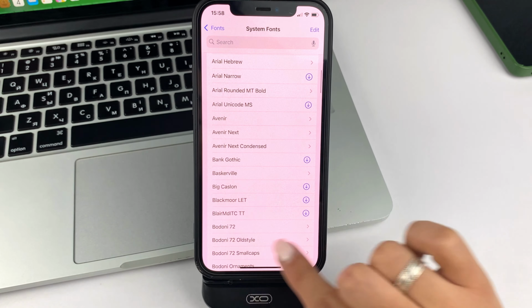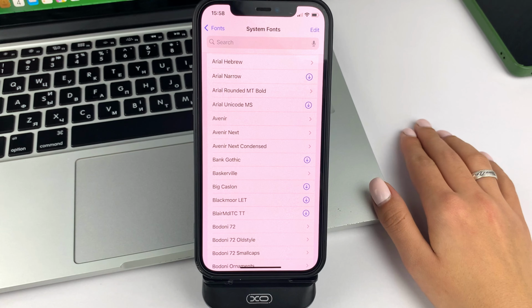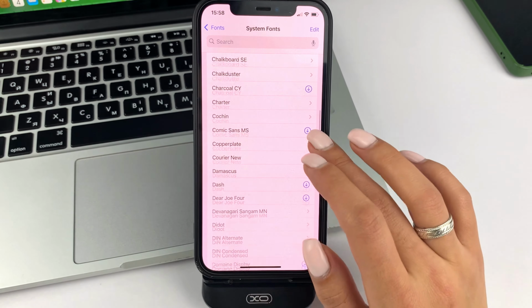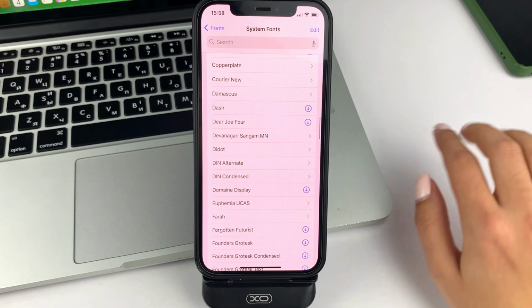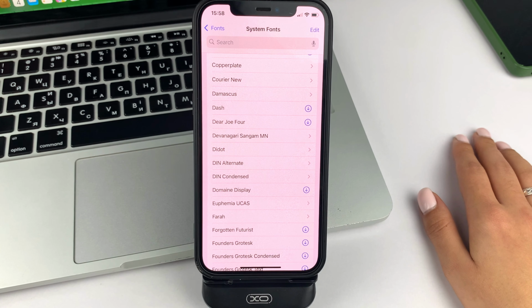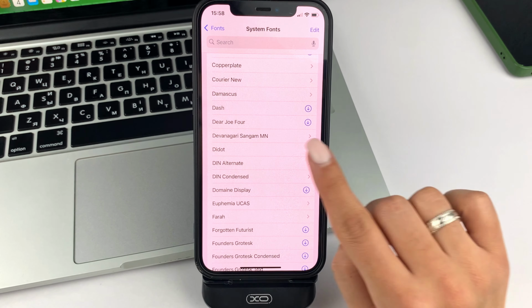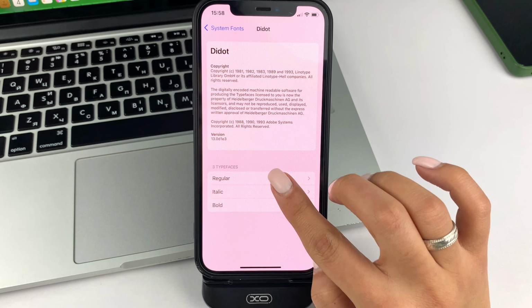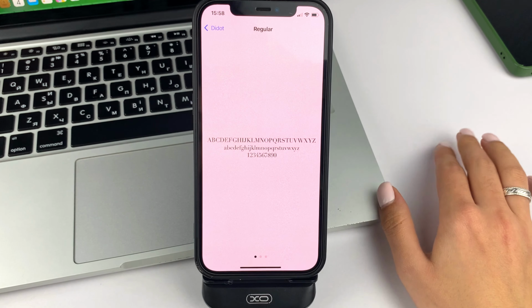There are some that you have to download before you can see them, but there's ones that are already downloaded to your iPhone, pre-installed, for example. You can open such a font and see how it will look like.